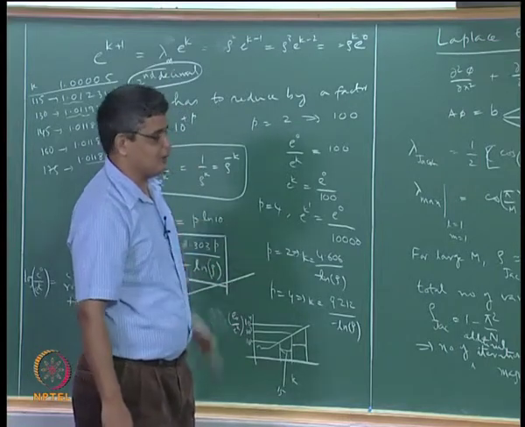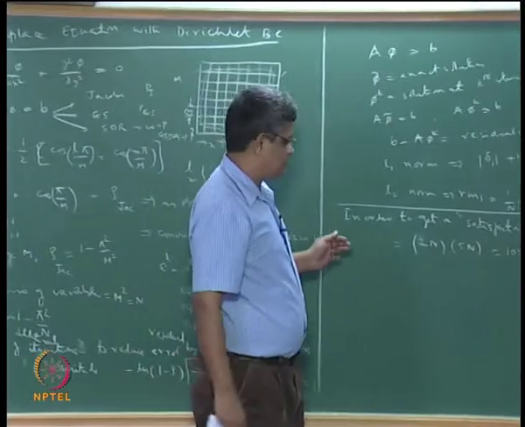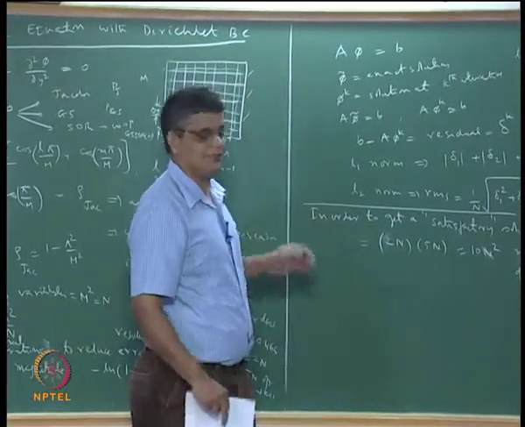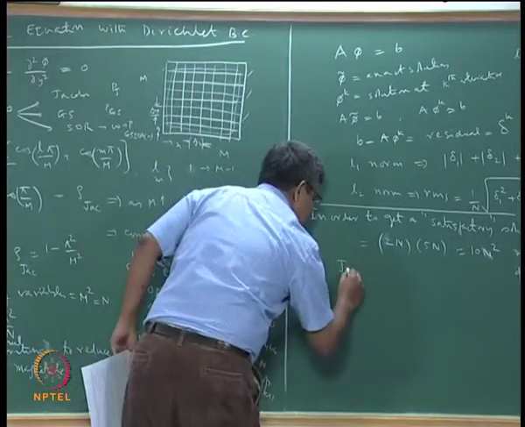So we can make all those kinds of arguments, and because of all those arguments, this is only a reasonable estimate. Okay. So this is not an exact estimate, but one can say that for the Jacobi method,